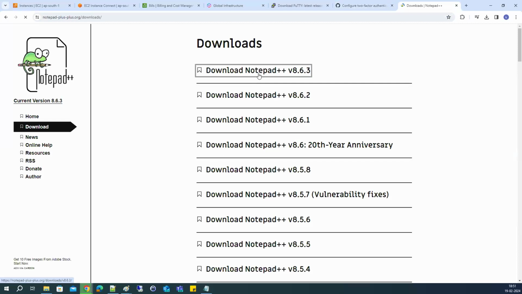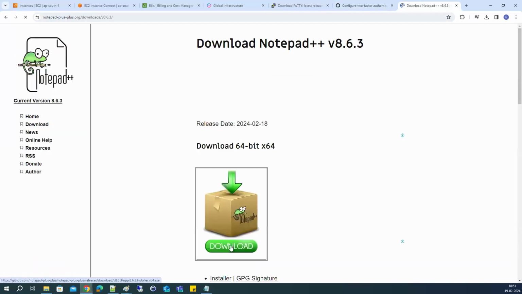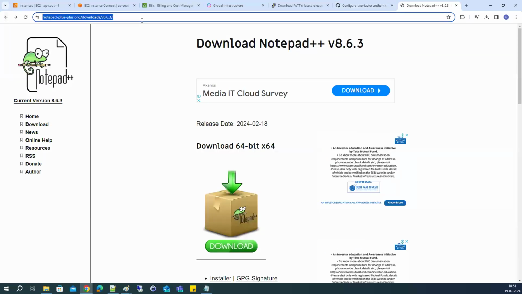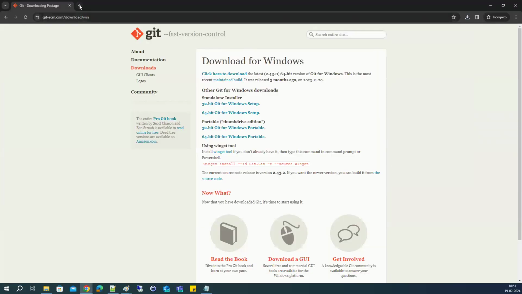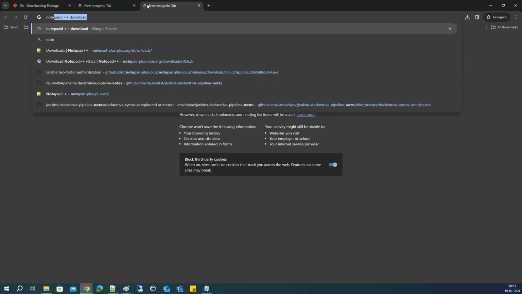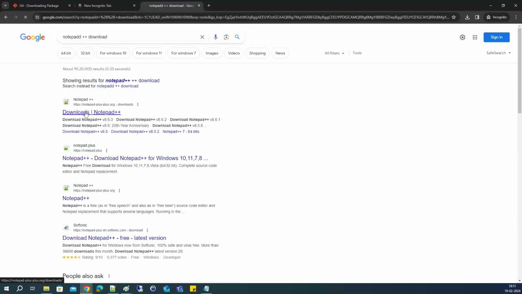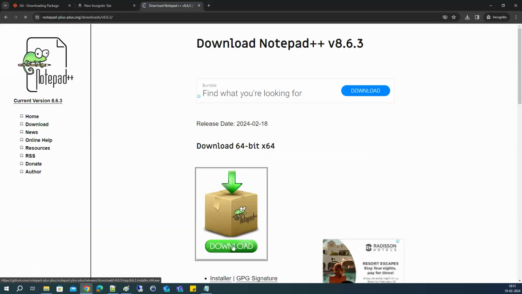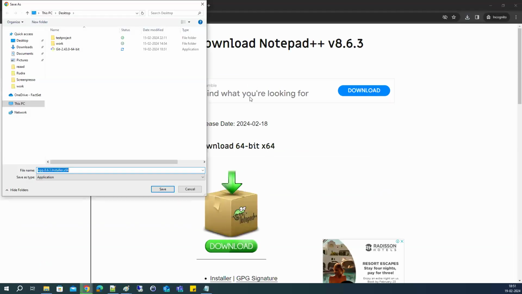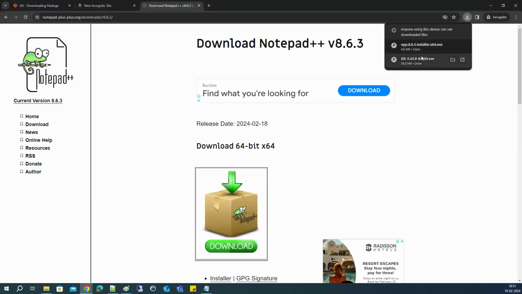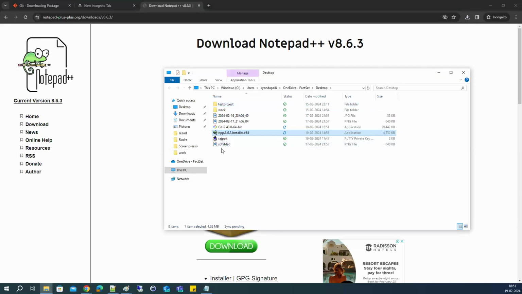And you can go for the latest version and download the 64-bit. I have it connected to GitHub. If you want to download Notepad, search Notepad++ download, go to Notepad++, go for your latest version, and click on the Notepad++ latest version download. Once the software, like Notepad++ and Git Bash, is downloaded,